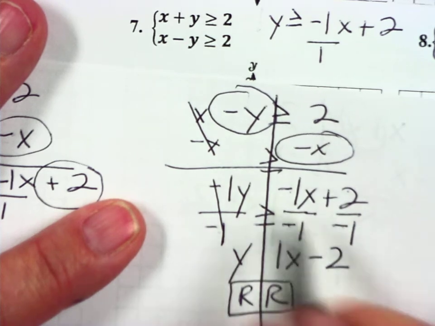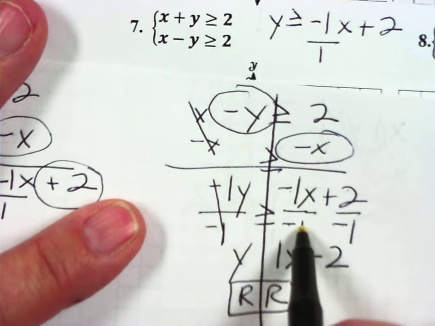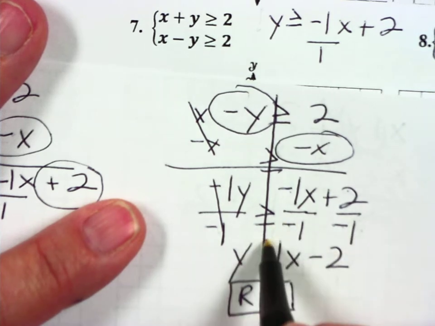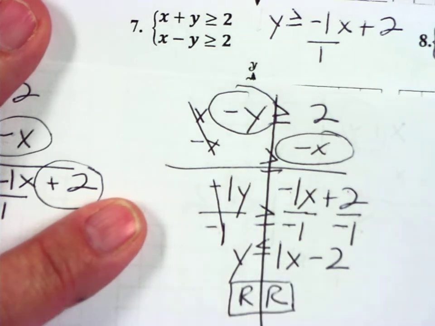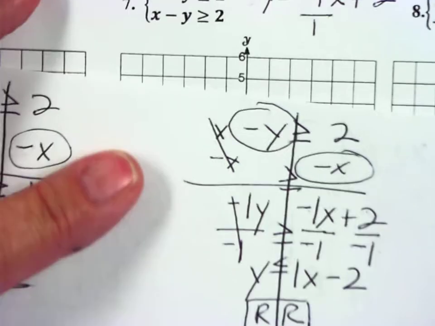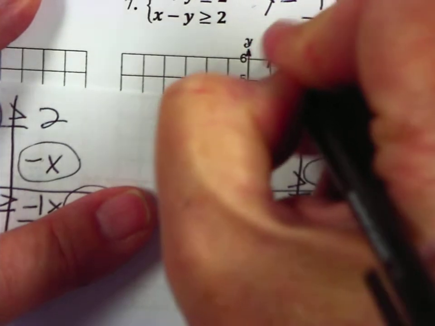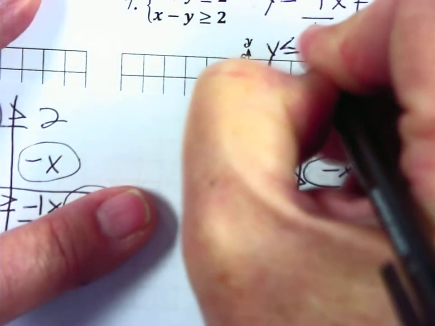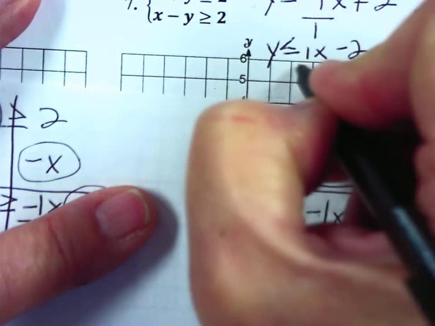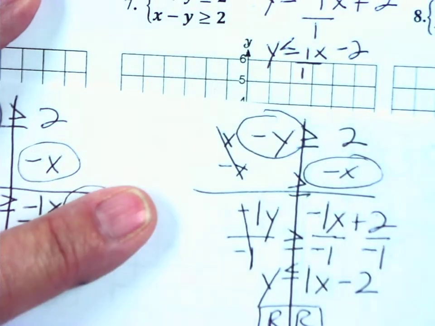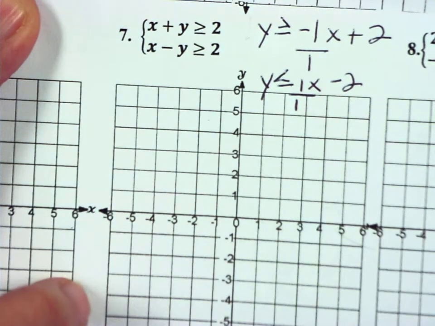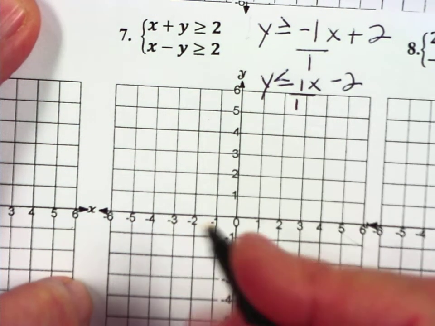Remember this guy? We divided everything by a negative number, so we're going to flip him. So the second inequality is y is less than or equal to 1x minus 2, and of course that's my slope, 1 over 1. So negative 1x plus 2,